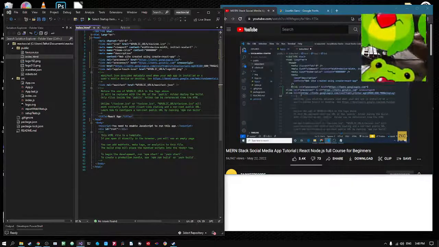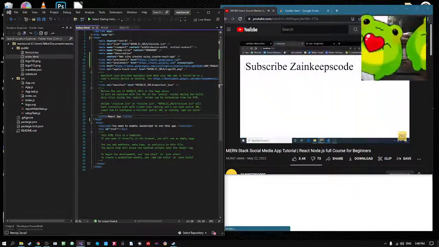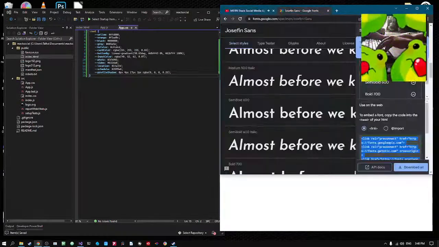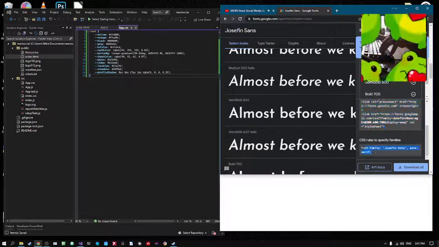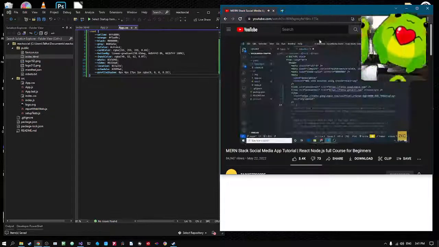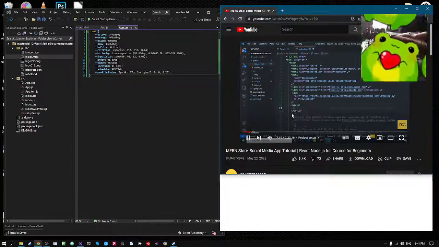Here we have pasted this. Now if we see the text will not be applied, our text is not changed. So why it is not changed? Because we have not declared the CSS for our app. So just below this link I should format this. Okay. Now just below these links I am declaring style, and for the style first